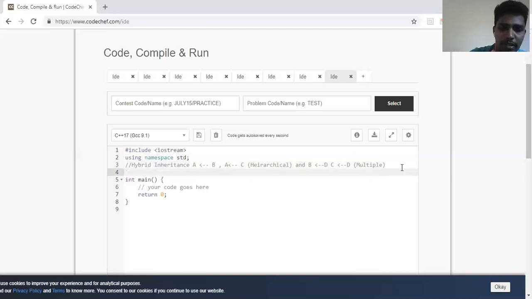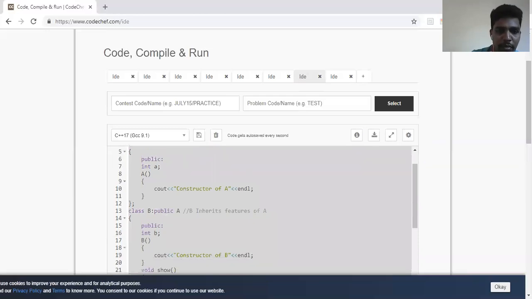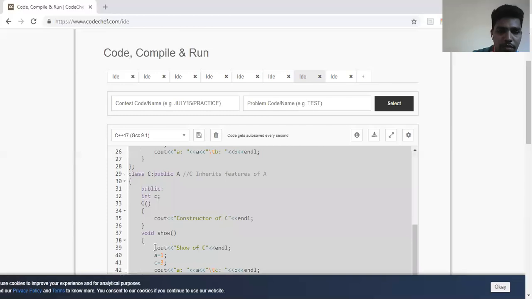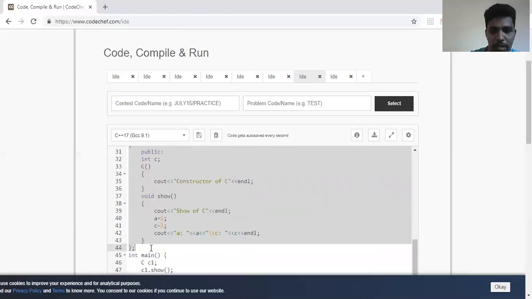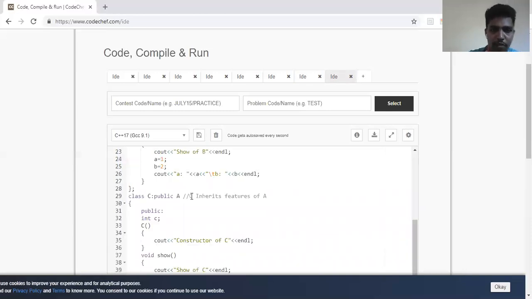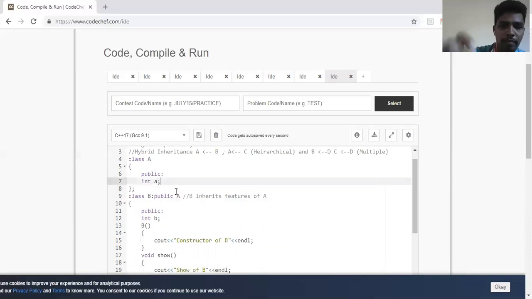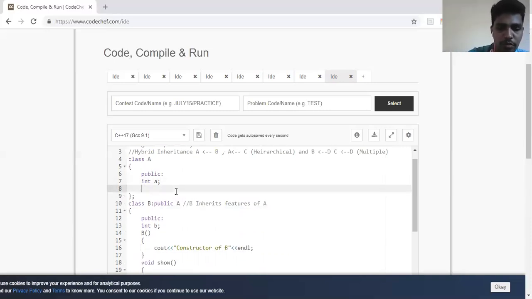So what I'll do here is I'll take the same concepts here, whatever we had. Fine. Okay, so first it is hierarchical inheritance because B and C actually inherit from A. So we'll write that. Okay, so we'll copy the same piece of code and we'll change accordingly. So now I don't want the constructor to be illustrated. So what I'll do is I'll remove the constructor. Okay. And then I'll be writing just show. So void show.